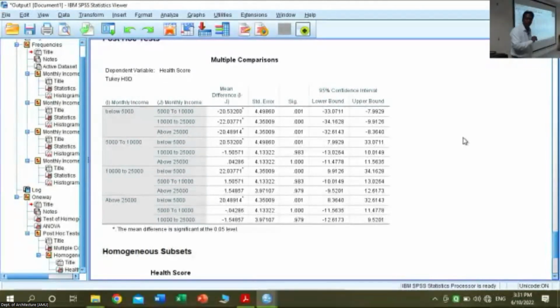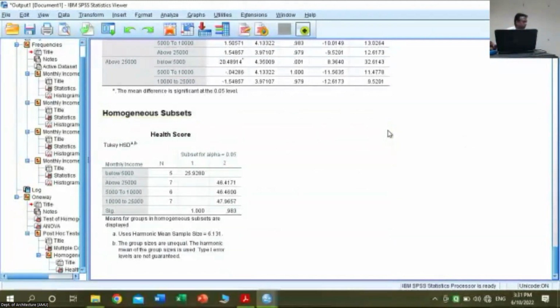तो आप देखिएगा next table में जो subset बनाया है SPSS ने, with respect to different income group subset जो बना है, first group is different and these three groups are same. तो final हमारा result जो आ रहा है कि when we are comparing four income groups with respect to their health score, so first group is entirely different from second, third and fourth, but second, third, second, fourth, third, fourth are same. ठीक है. तो इस तरह से final conclusion निकलेगा. So this is analysis of one way